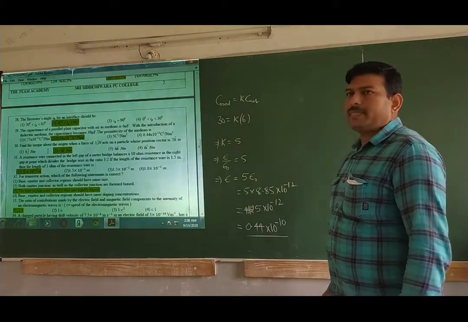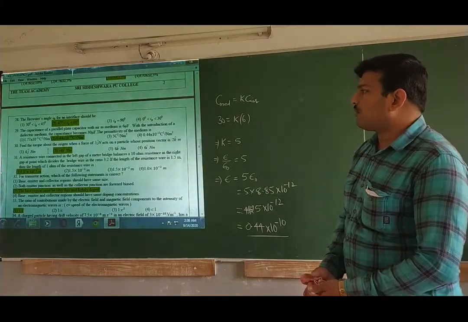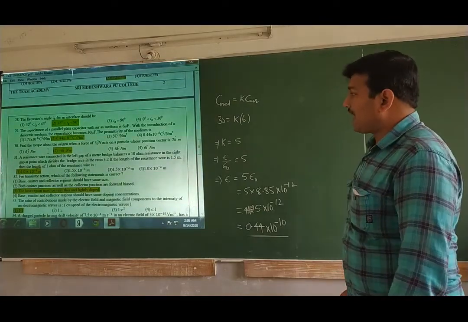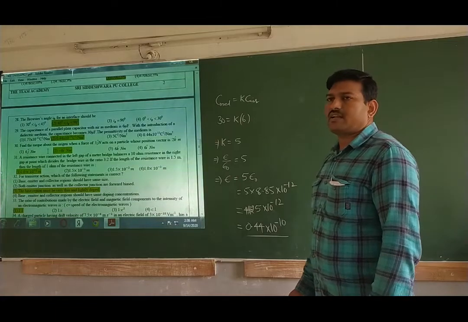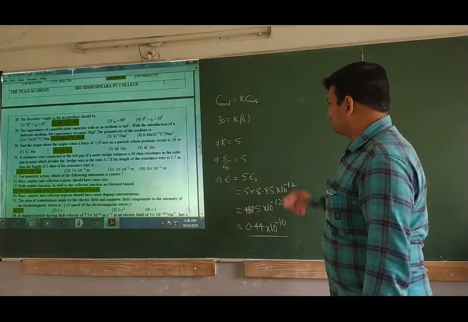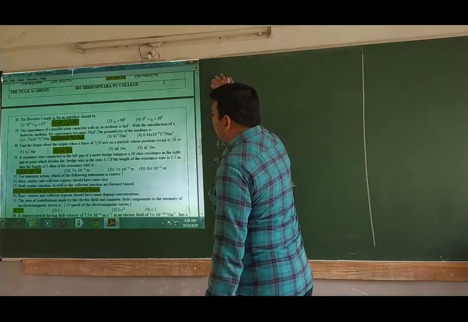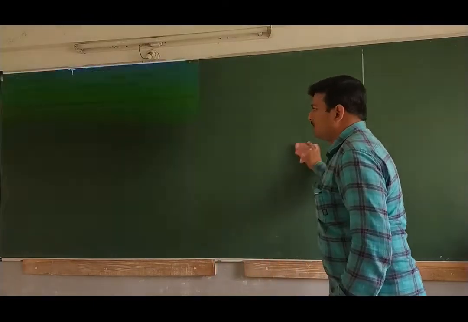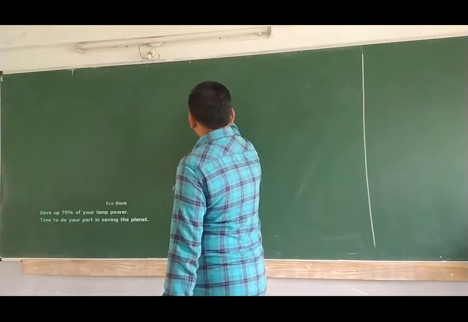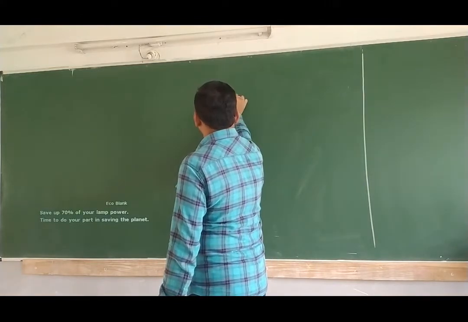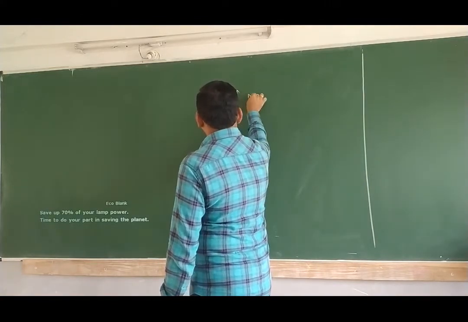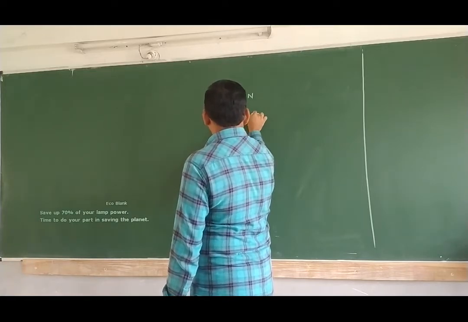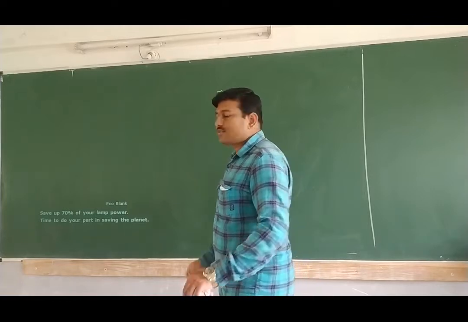The 38th question is saying, find the torque about the origin when a force of 3j Newton acts on a particle whose position vector is 2k meter. Force is given as 3j and position vector is given as 2k. Given force vector is equal to 3j Newton and position vector is 2k meter. They are asking us to calculate torque.